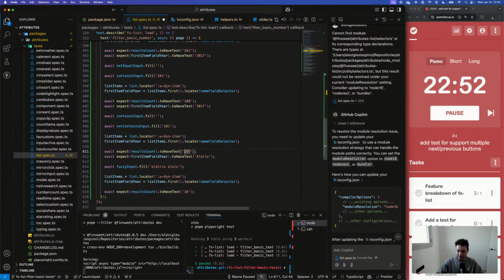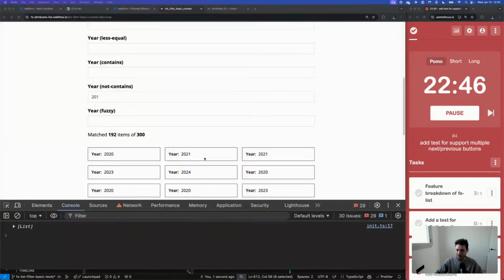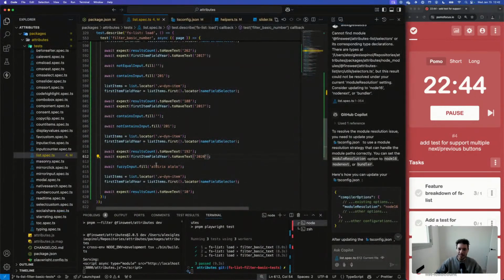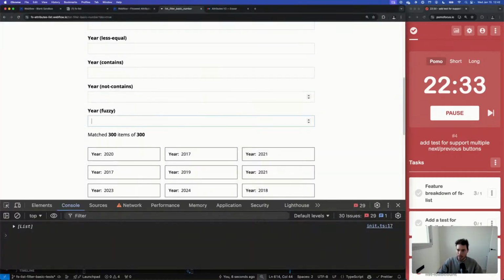Okay, so the same thing, 201, and it should return... Let's see if Copilot is smart enough. Yeah! Good job, Copilot. And the first one should be 2020. Okay, great. And in fuzzy, let's do 20.